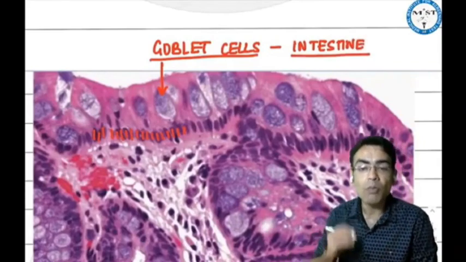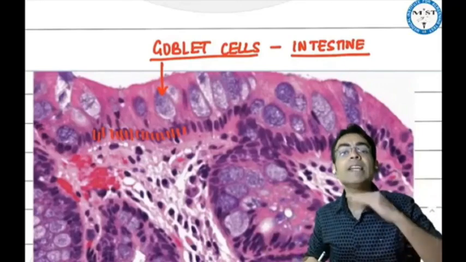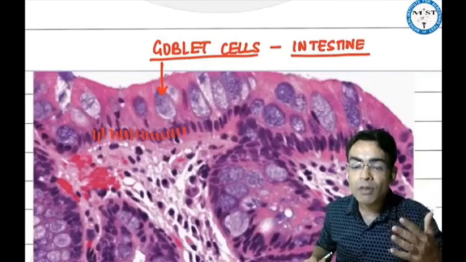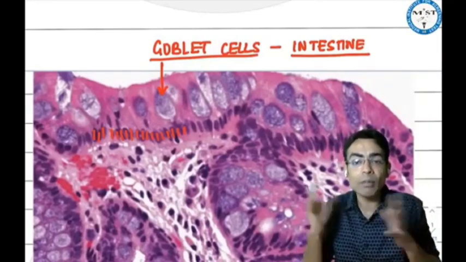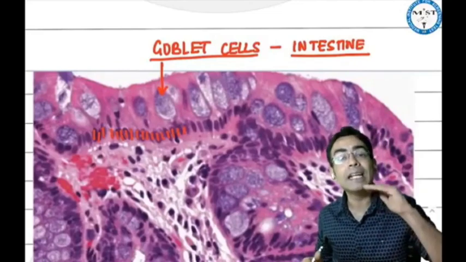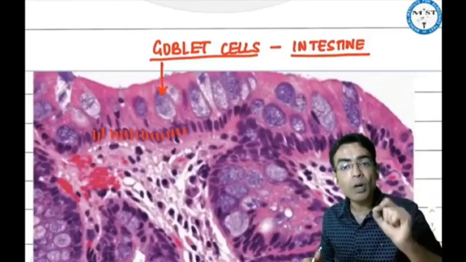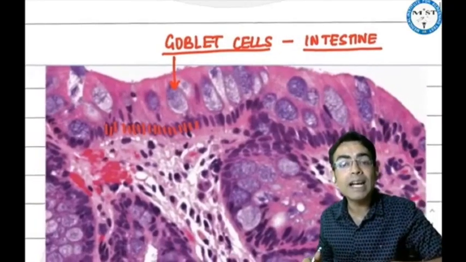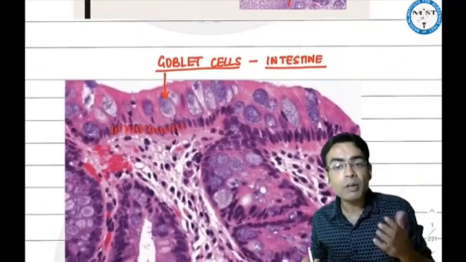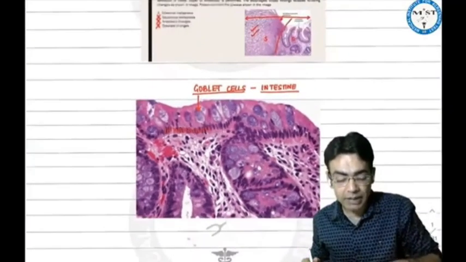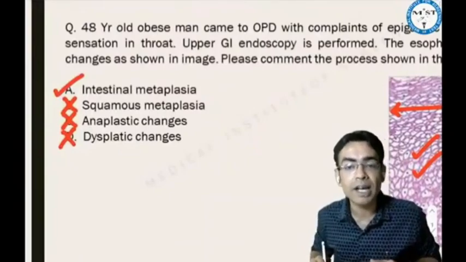So basically, when you are getting something which is normally present in the intestine in the esophagus, it's a metaplasia, but what kind of tissue is coming? Something from the intestine. So it is called intestinal metaplasia. It is columnar metaplasia, but because of the presence of these goblet cells, we call it intestinal metaplasia. I hope you remember other points also from Barrett's. Because of this, the correct answer for this question becomes intestinal metaplasia.